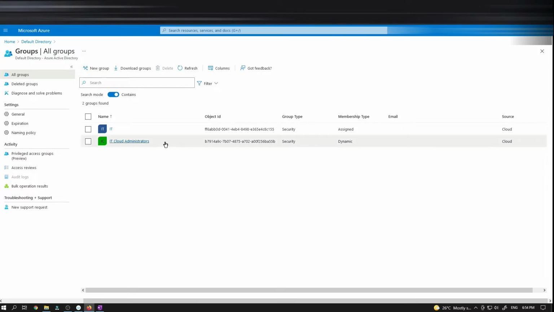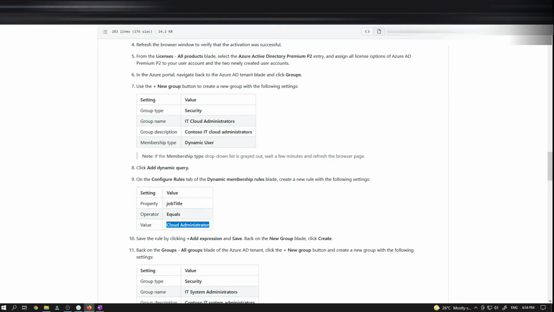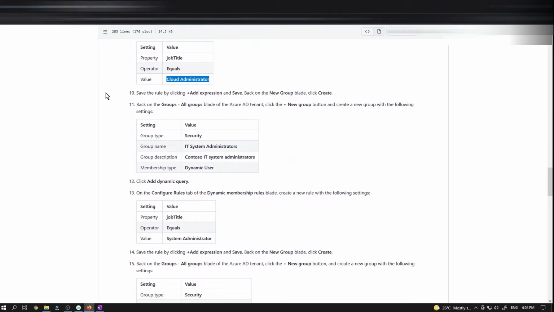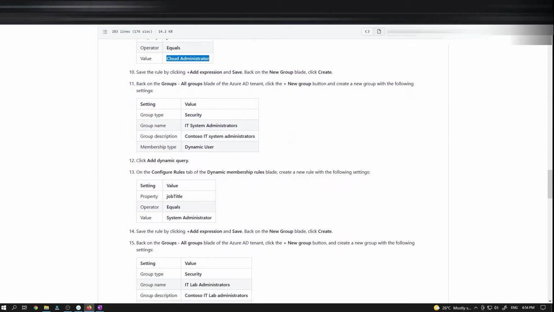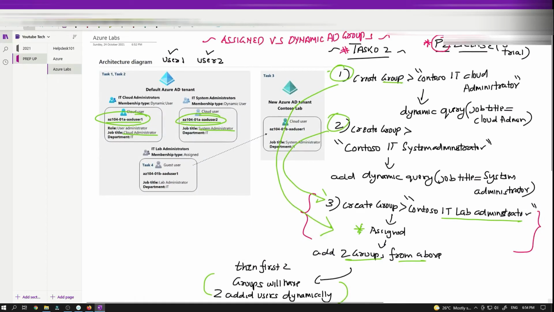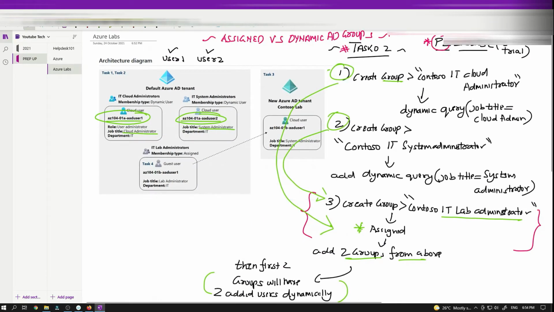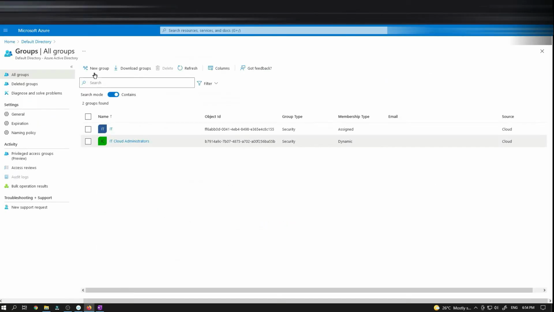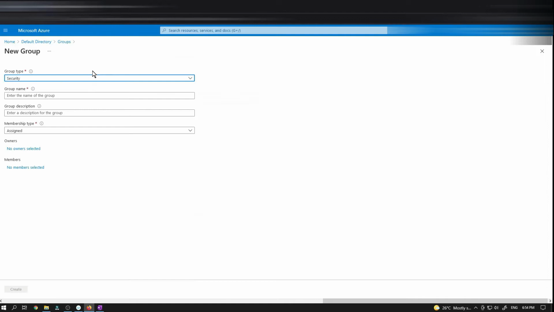All right, and let's get back. And that's our second group, guys. Remember the second group, Contoso IT System Administrator. All right, so same thing, guys. We'll click on new group, security,